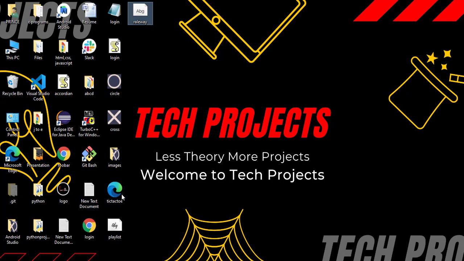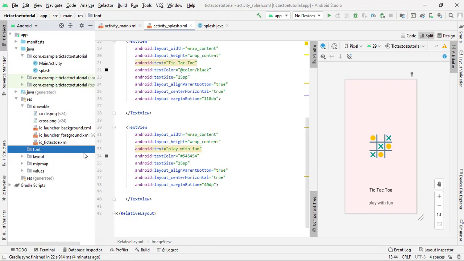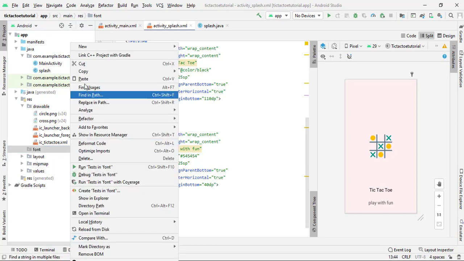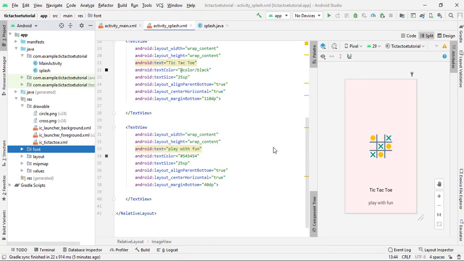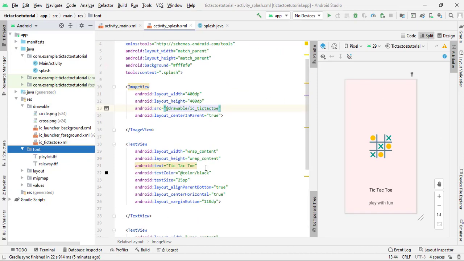So I click on it and I select these. Now I copy them, Control C copy. I again open Android Studio, right click on font directory, then simply click on paste and refactor, and that's done. Now you can see the fonts imported successfully here. You can check the description if you want this icon and also these fonts. So this is fine. Now you have to simply set the font family.